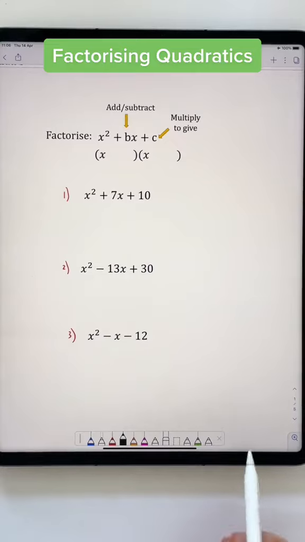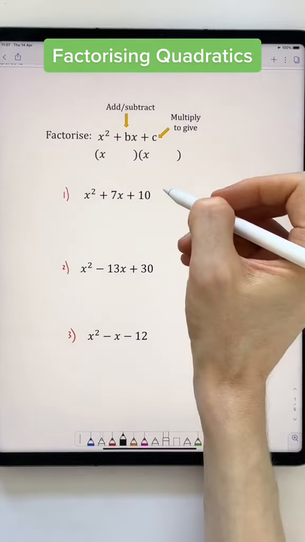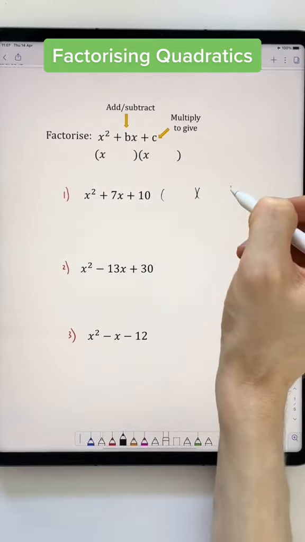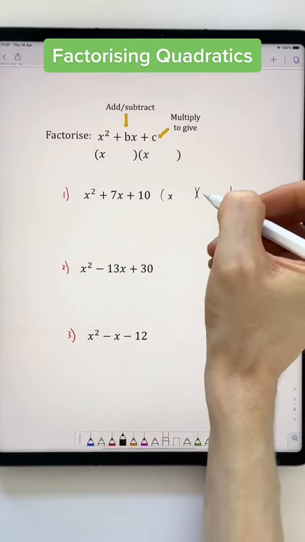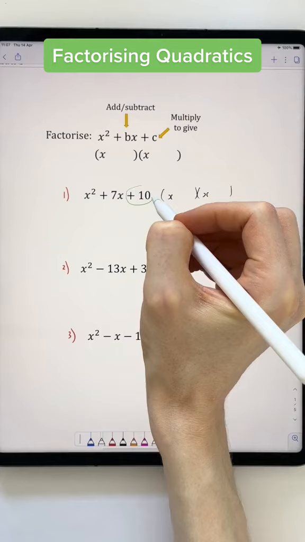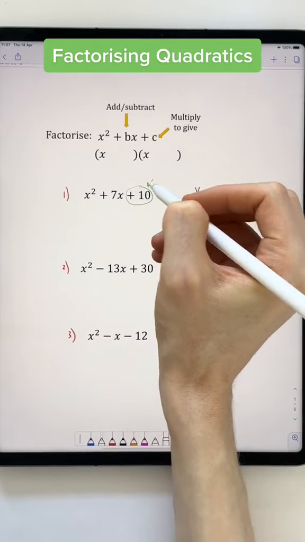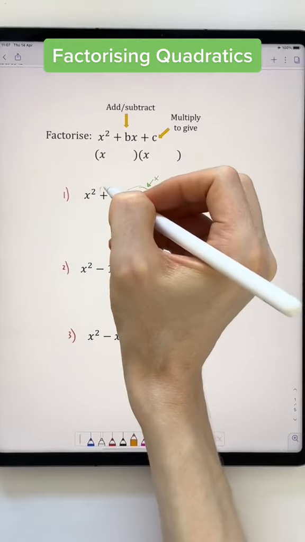Factorise means to put back into brackets. If we have three terms, a quadratic in terms of x, it will always factorise into what's known as double brackets. If our quadratic starts x squared, we always start by placing a single x inside each bracket. Our rule is we need to find two numbers that multiply together to give us what's known as the constant, i.e. the number term, and the same two numbers must still add together to give us the number in front